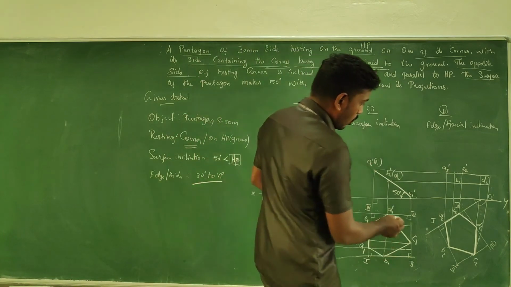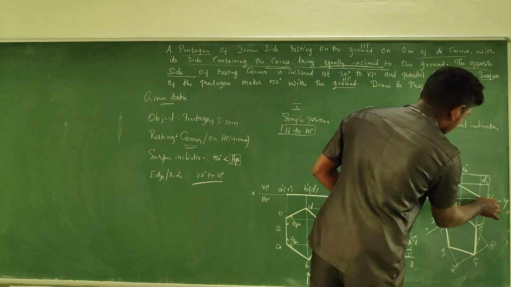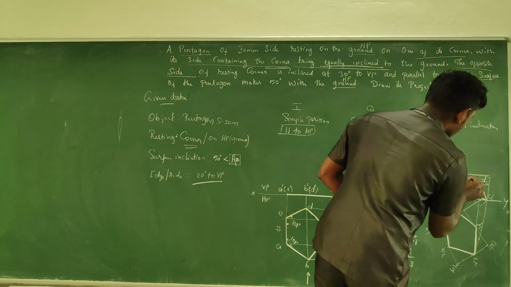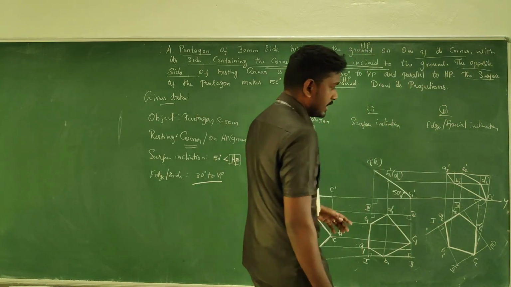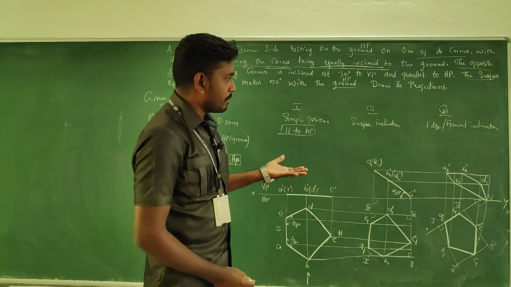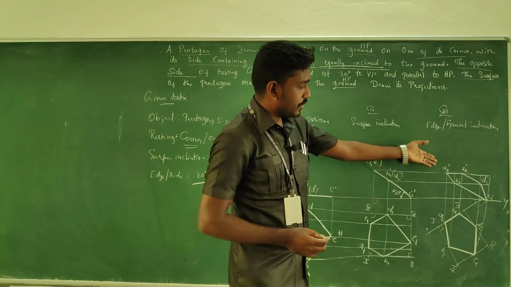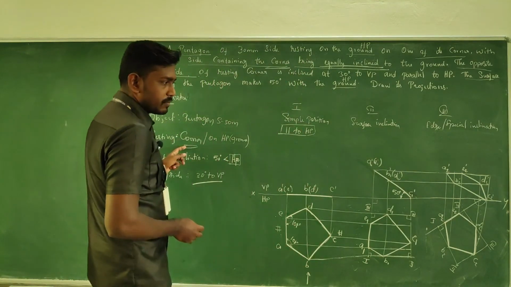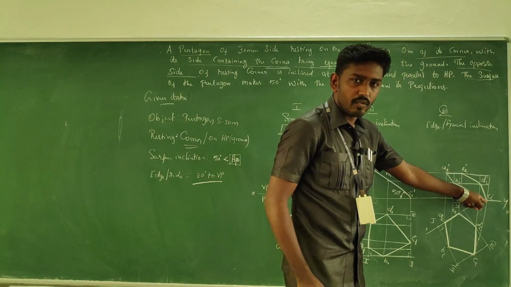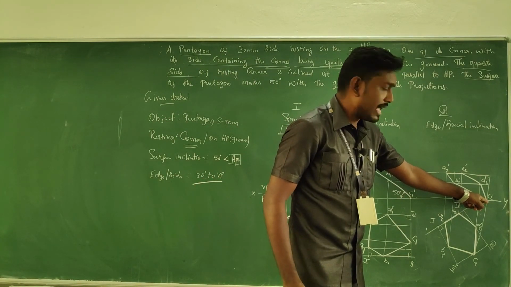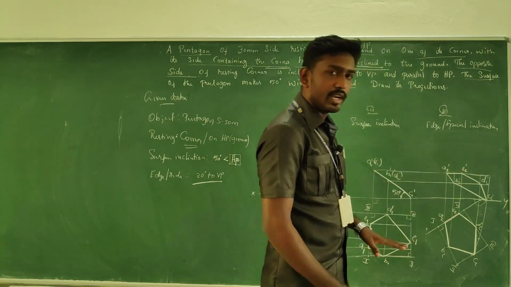Okay. If you connect all the corners A to B, B to C, C to D, D to E, and E to A, you get the true shape, which is the final front view. See, the corner resting, which we have kept, is C, which is resting on the ground, am I right? On the XY line. It is clearly seen. So this is the final front view and this is the final top view.